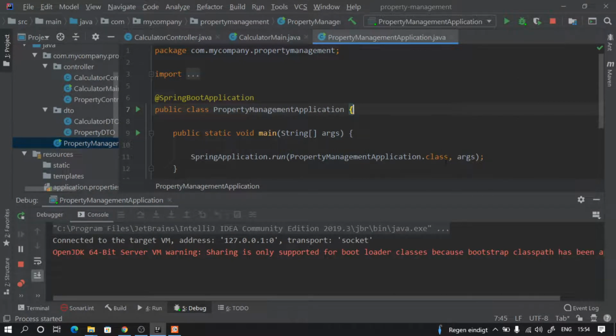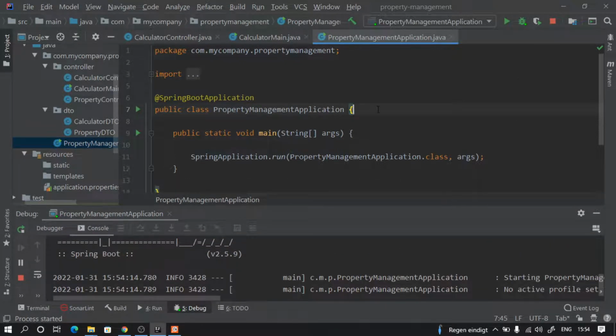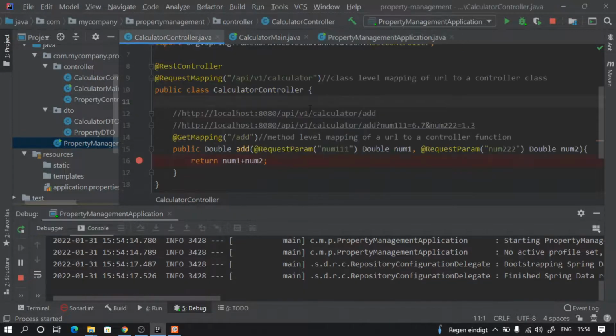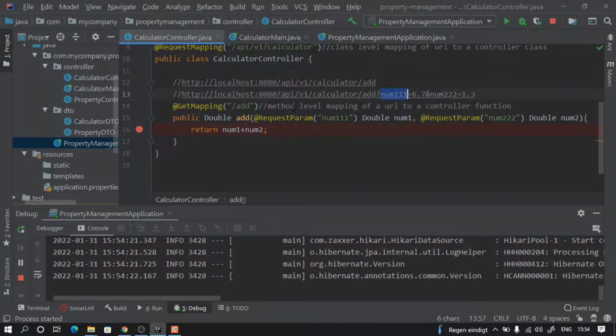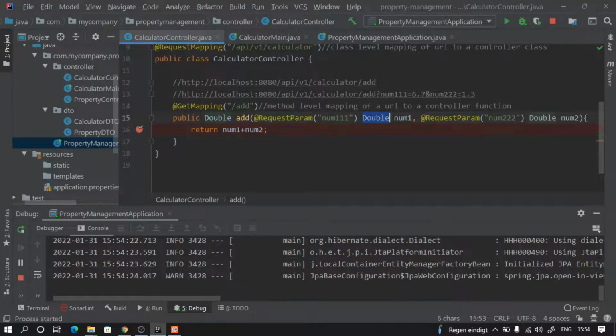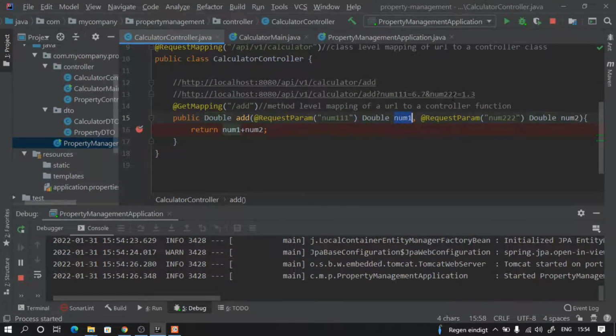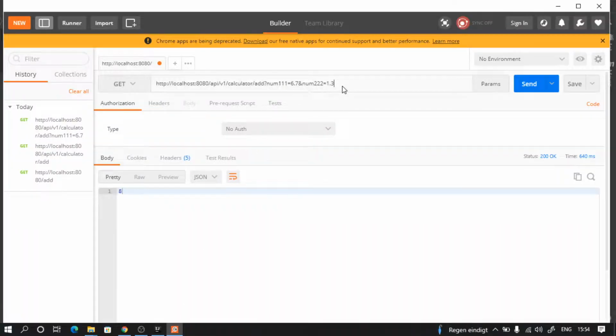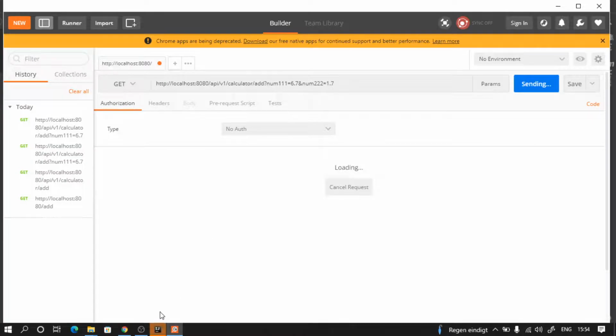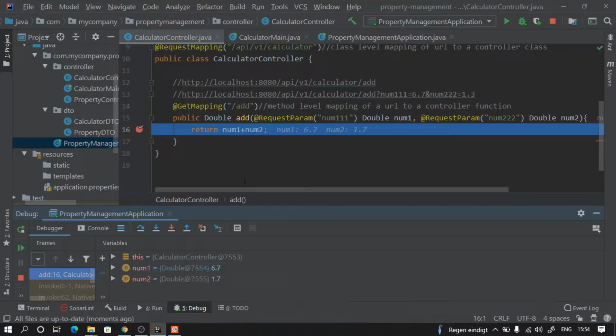So now I'm running the debug mode to show you how the value from the URL will be captured and set to our Java variable like this. We'll see. So now it has started. Let me clear the console. Let me change the value to, let's say, 1.7 and hit. So now our debug point, see, it stopped, it's waiting. And if you see, now the value